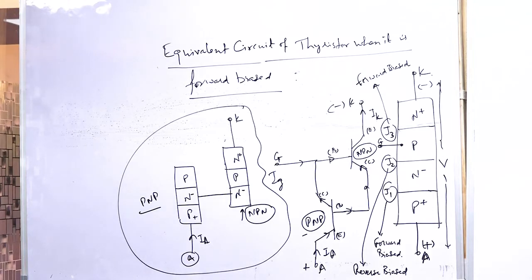That we have already understood. I had explained it already to you. Now we have to understand how it starts conducting when the thyristor, when the gate circuit, the firing pulse is given, how it behaves and how it starts conducting, and what happens to the current, how the current is getting built up. So that is all what we have to understand.